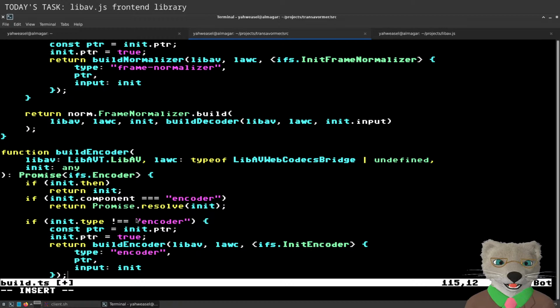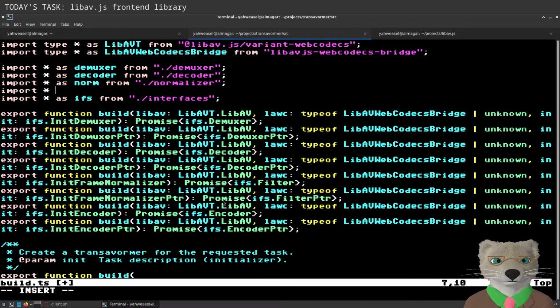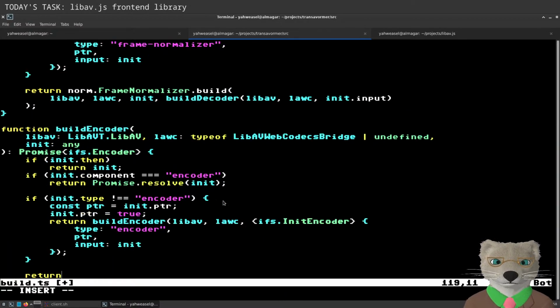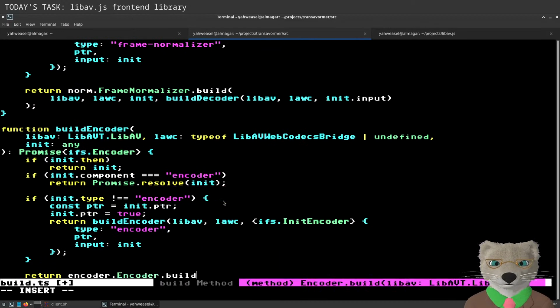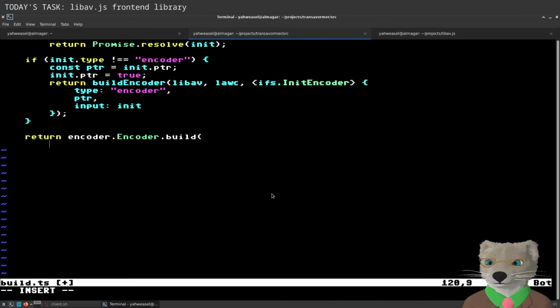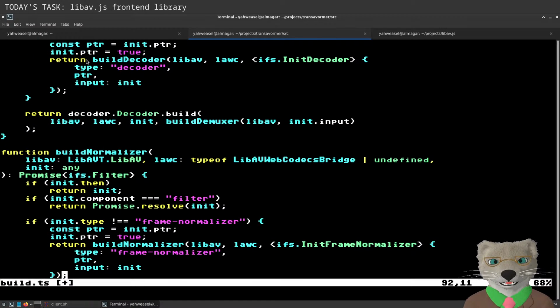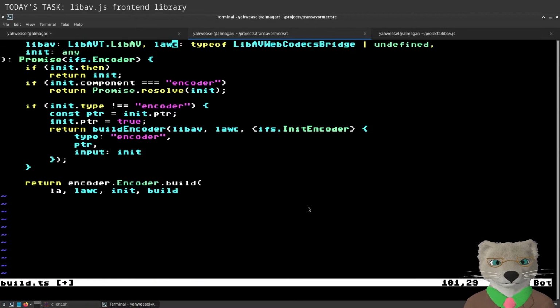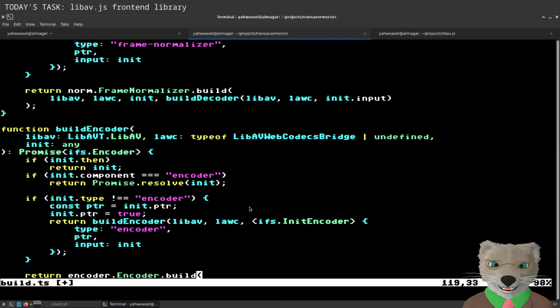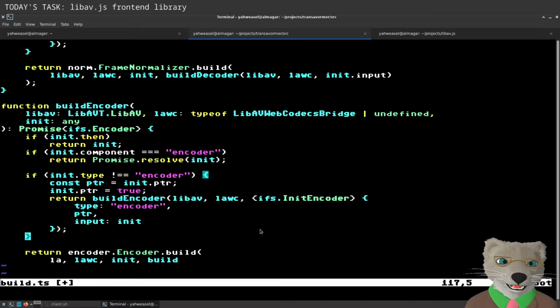So, like, it'll use the previous initializer as input to a real encoder, like so. What are my parameters? libav, launch, init, and input. Input, of course, is a... Because I don't need a frame normalizer, I only need that for a filter, so... Oh, wait. Oh, interesting. The input for an encoder can be either a filter or a decoder. So I need to say that